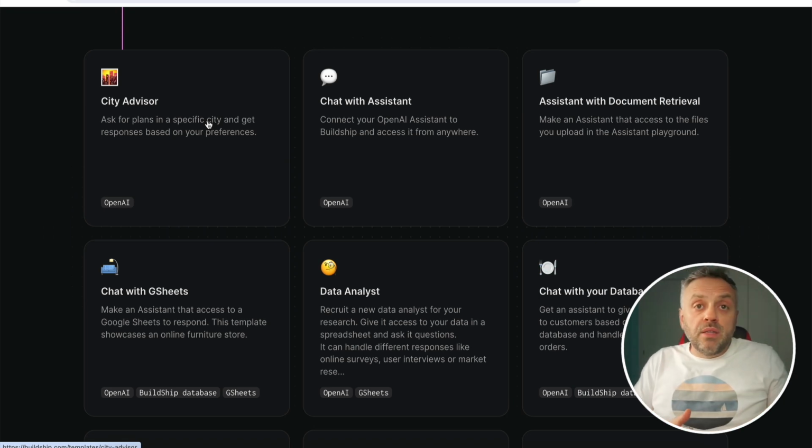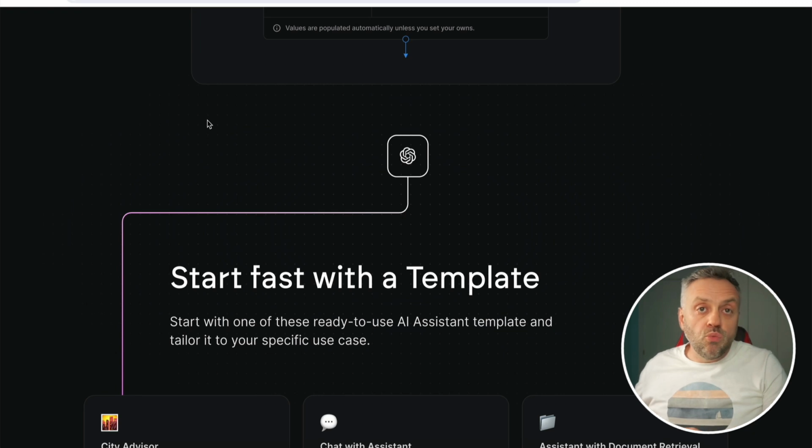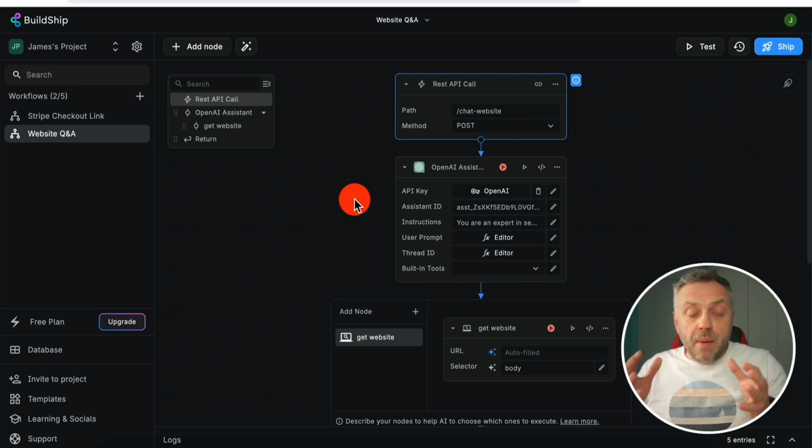specs. And not only that, you can also make it available to your users either via that easy-to-use website chat widget that's provided by BuildShip or by creating an app just like how I did here with Flutterflow as well. It's really up to you depending on your specific use case. But regardless of what kind of an assistant that you create and how you make that whole experience available to your users, the magic here is really about mastering BuildShip and creating the assistants that provide the maximum value to